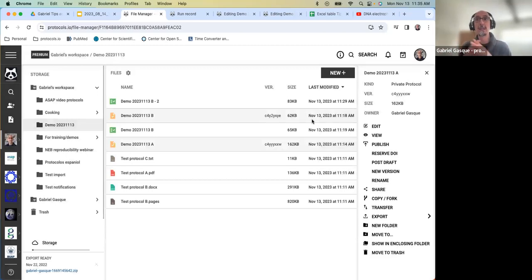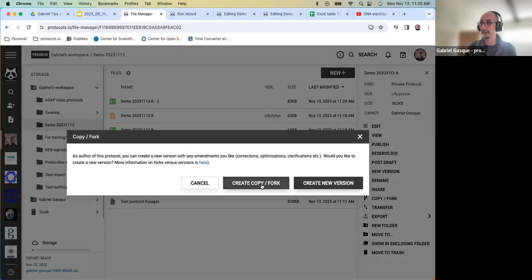If you want to make a relatively major change to the protocol, you can create a fork. And we recommend using forks when, let's say, you have developed a protocol to work on a specific condition, but now you want to optimize that protocol for a different condition. It can be a different biological tissue, or it can be a change of equipment that might require tweaking the protocol in some steps. And for that, we recommend using forks. So if I create a fork of my protocol,